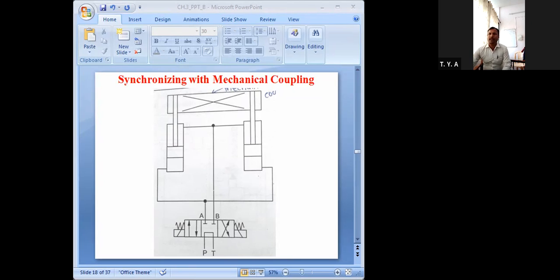Getting it? This is a solenoid operated valve, and it is a spring centered valve. Understood? Now let us go for the next one.